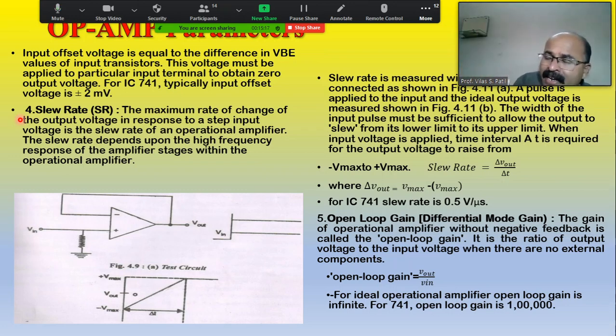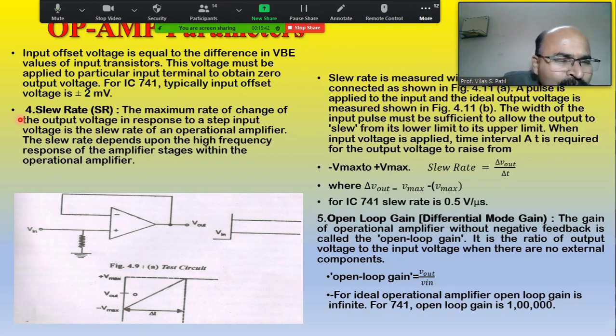In some operational amplifiers it requires the push, or in some it requires the pull. Pushing means supplying plus 2 millivolt. Pulling means we have to pull back, that is we have to supply minus 2 millivolt, and hence plus minus 2 millivolt